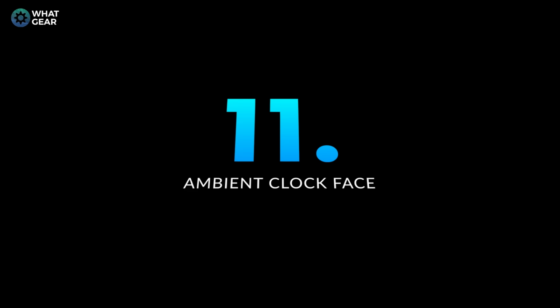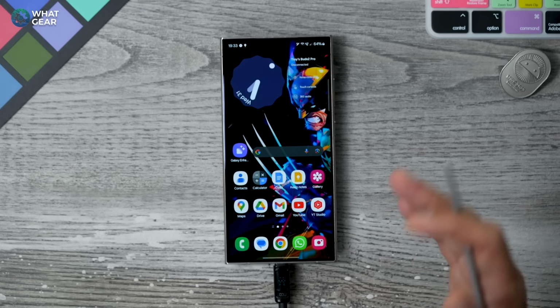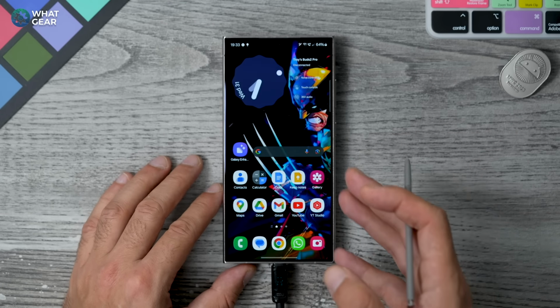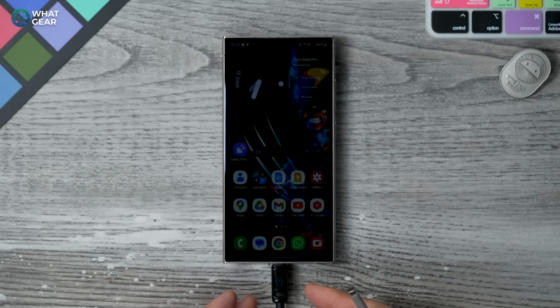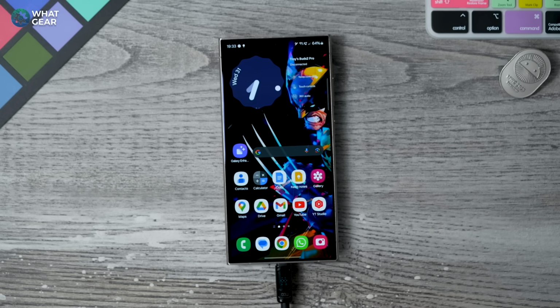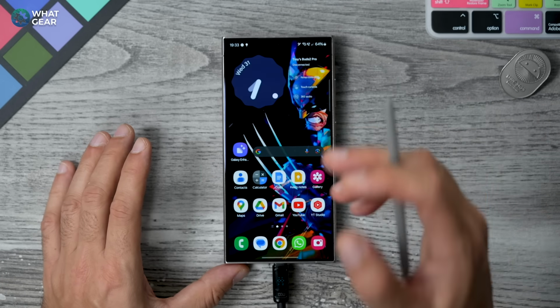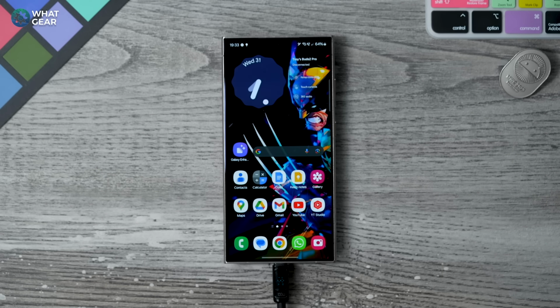So as someone who tests a lot of phones these days, I have definitely tested the iPhone, and I know some of you will not be fans of the iPhone, but unfortunately it comes with the territory. So I do test it, and they do have some good features. For example, when you plug your phone in overnight, there's a really nice ambient display of a clock and a calendar. And whilst the Galaxy doesn't have that exact feature, there is a feature that's similar to it, which you can enable right now. So check this out.